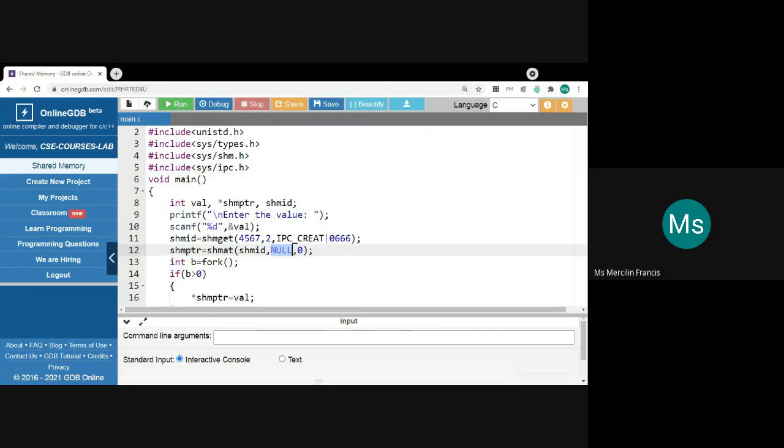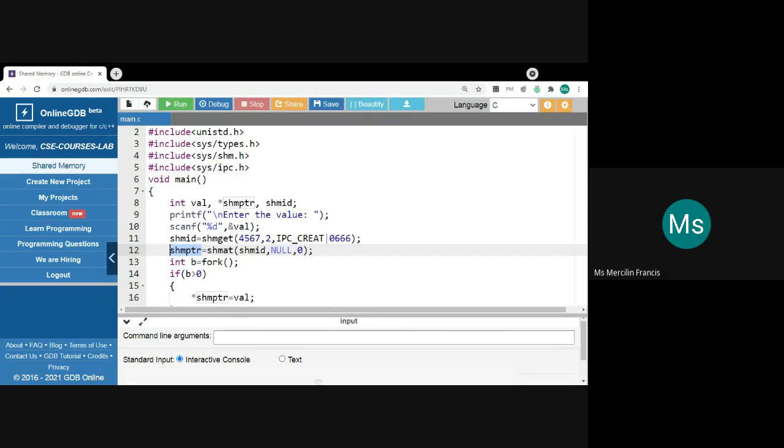If you want to point to some target location, you need to specify that location instead of null. Here null is given, which means the system will attach that ID to an available memory location, the available free slots.